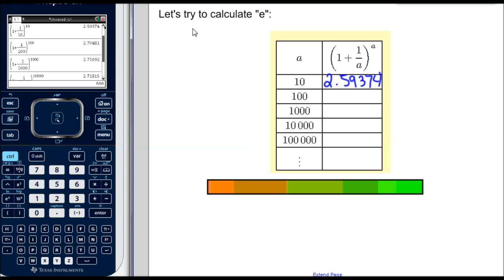Okay, and if we make a 100, so we've got 1 plus 1 over 100 to the power of 100, we get 2.70481. Okay, and if we keep making a bigger, if we make a 1,000, we have 1 plus 1 over 1,000 to the power of 1,000, and that gives us